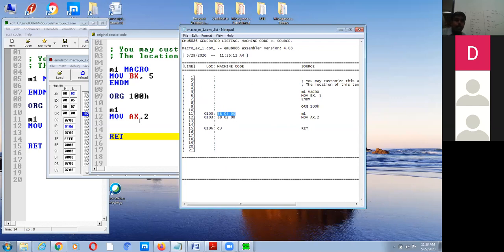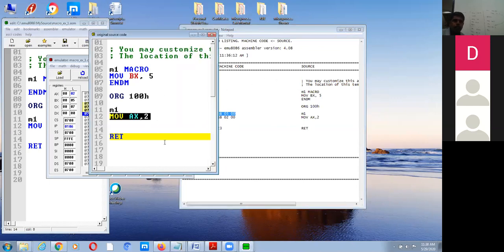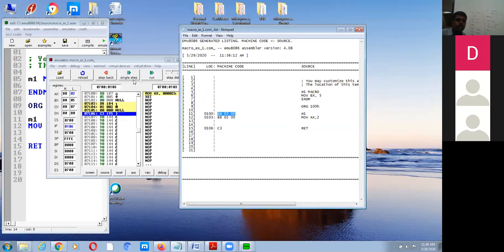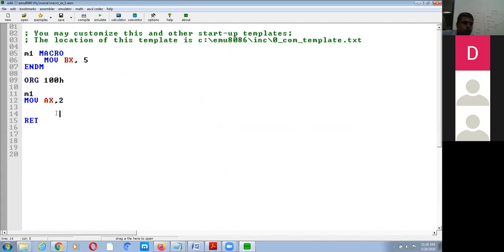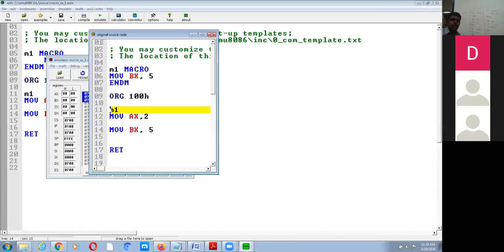Just for our understanding, let us modify this code. Without using a macro, we will write MOV BX, 5, and we will emulate this and see what will happen.